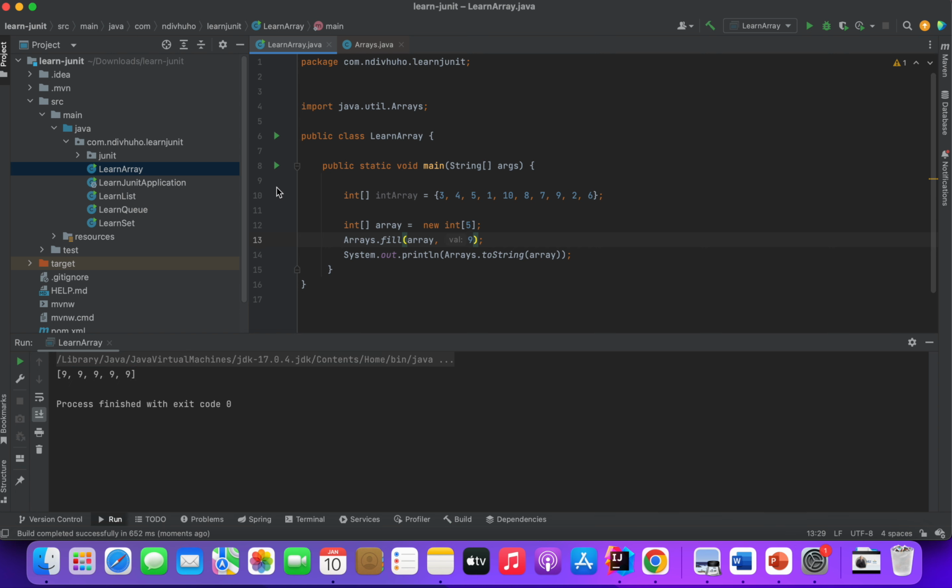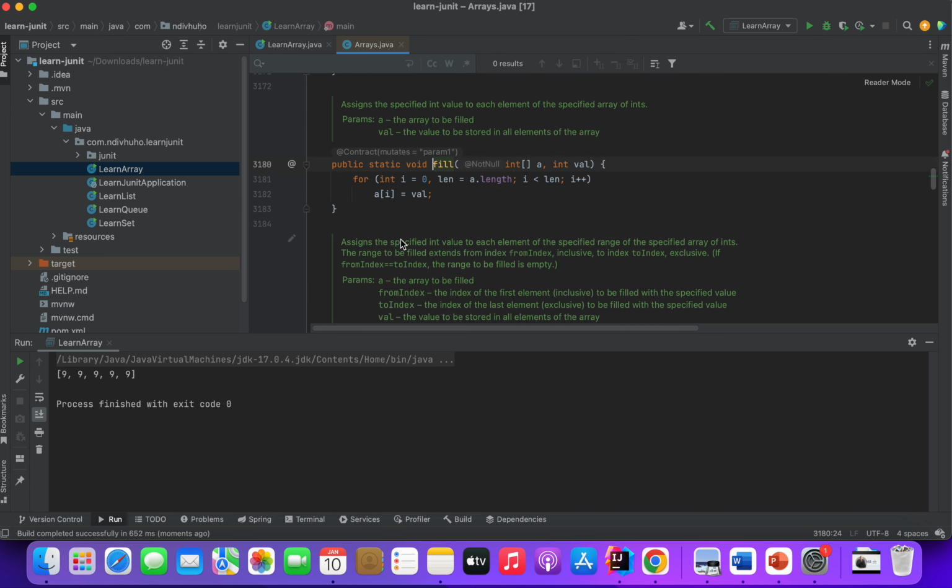So this is just to show you that there are methods that can help you to simplify your development on the Arrays class. Similar with the sort method, this fill method is also overloaded, as well as the binary search. So they're all overloaded, so you can play around with them and just see how they work. Lastly, I would just like to show you, as we have indicated here on